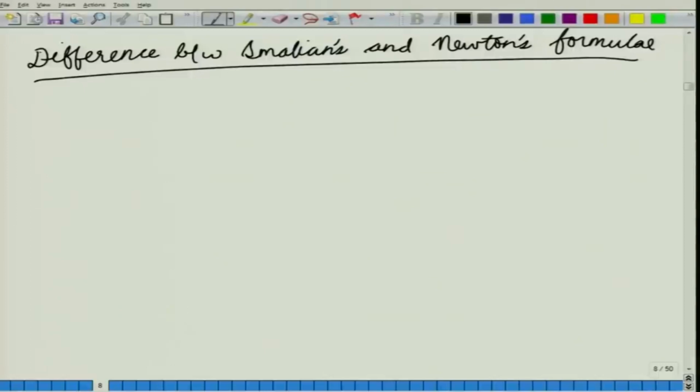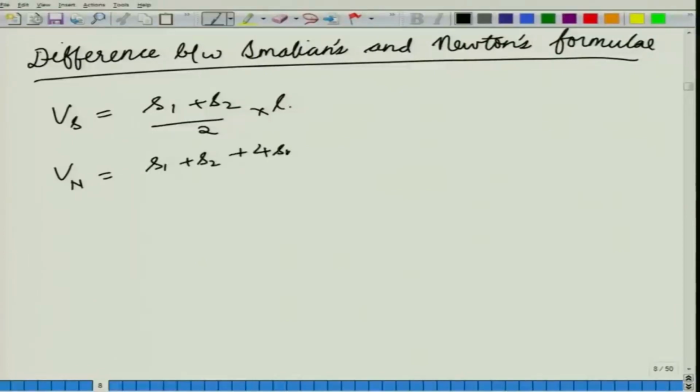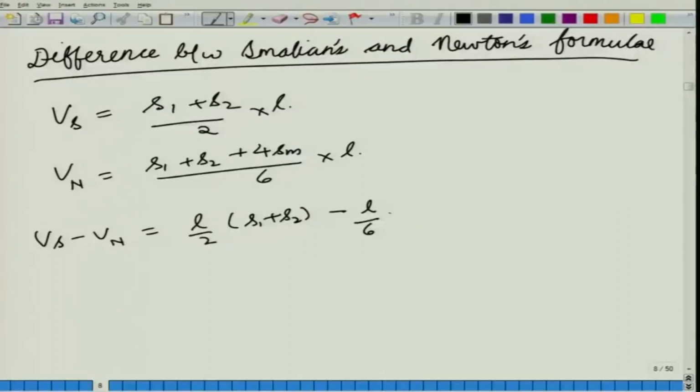So, if you remember, the volume in the case of Smalian's formula, Vs, is given by (S1 plus S2) upon 2 into L. In the case of Newton's formula, the volume is given by (S1 plus S2 plus 4 times Sm) divided by 6 into L. So, what is the difference between both of these? If we take Vs minus Vn, we get L by 2 into (S1 plus S2) minus L by 6 into (S1 plus S2 plus 4 Sm),